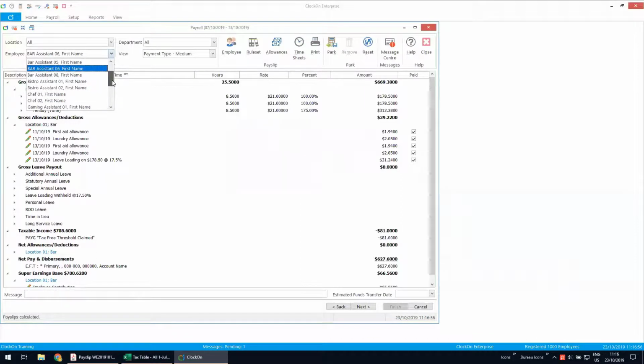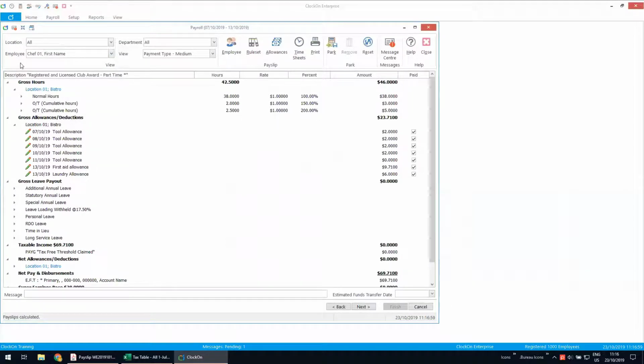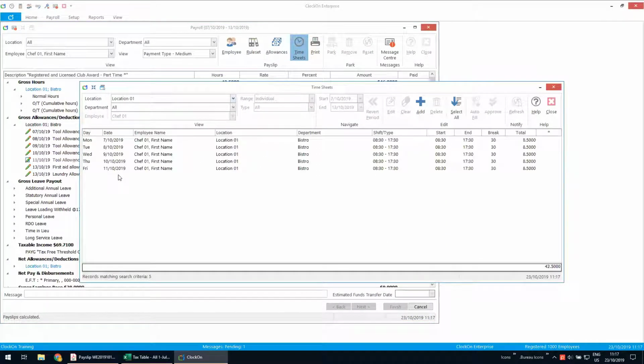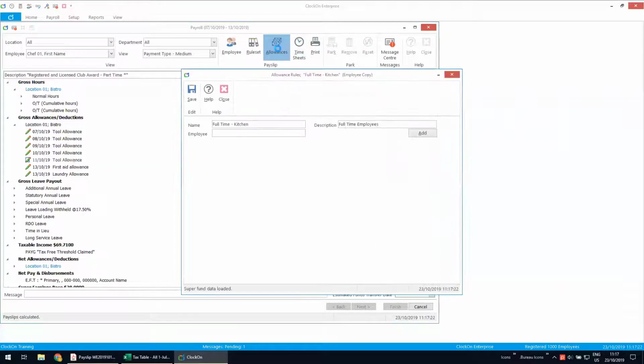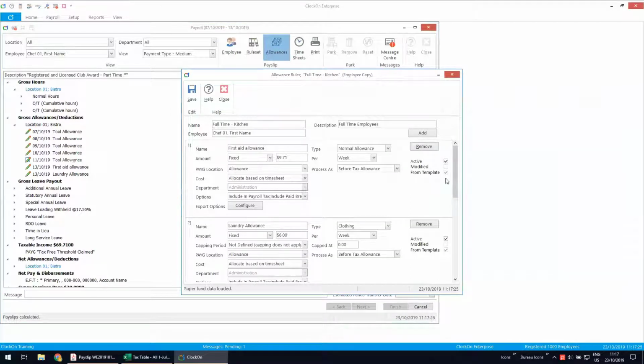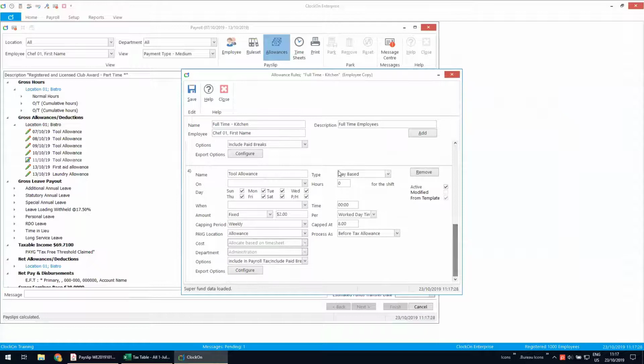Something else that you can do with the allowances, if we come into the chef here, he has a tool allowance set up. And you'll notice here we've got 1, 2, 3, 4, 5 tool allowances. It's getting paid $2 on each of the days until it reaches the 5th one, where it's $0. On the timesheets, you can see that they've worked 5 days in that period. But if we come into the allowances, on that tool allowance that we've got set up in here, again, I've selected a day-based type, named it a tool allowance. I've put in a fixed $2 per worked day timesheet, so it needs to have worked that